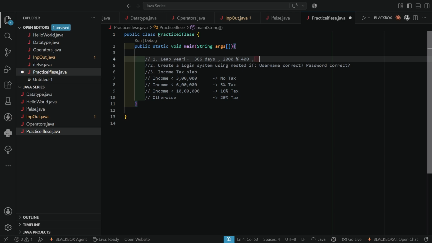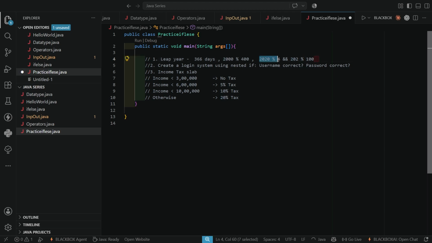When it is a non-century leap year, then what is the condition? Whatever year you have taken, for example, 2020 is a non-century year. This year must be divisible by 4, and the year must not be divisible by 100.